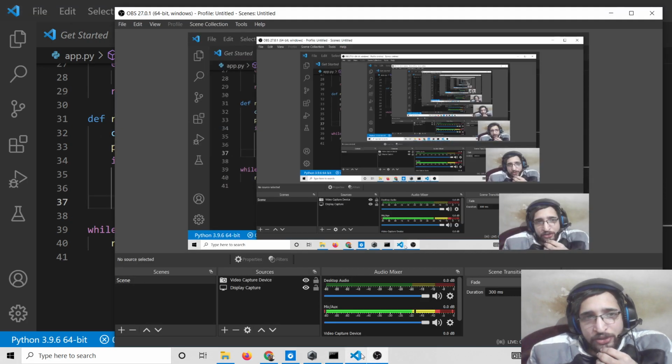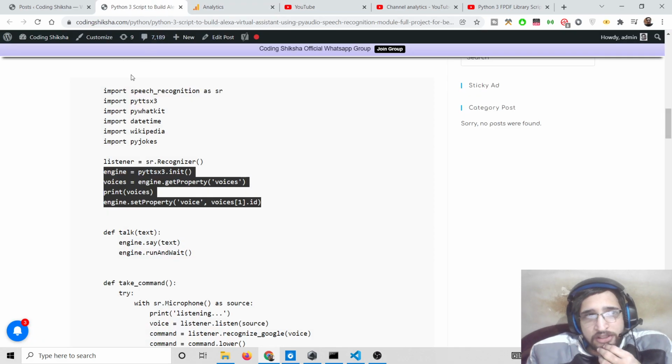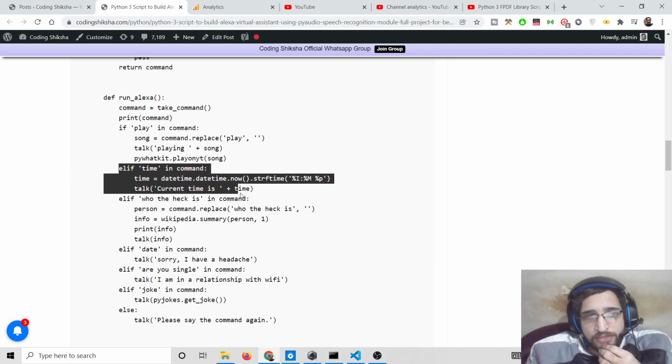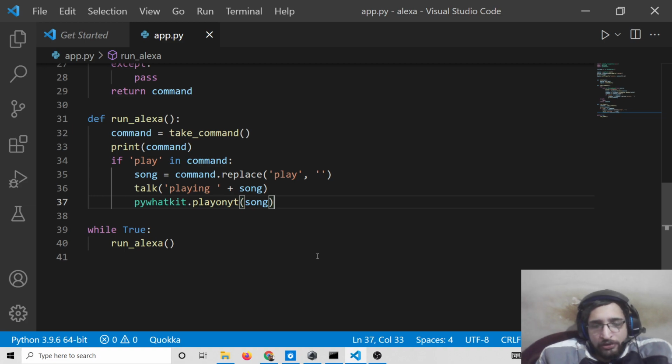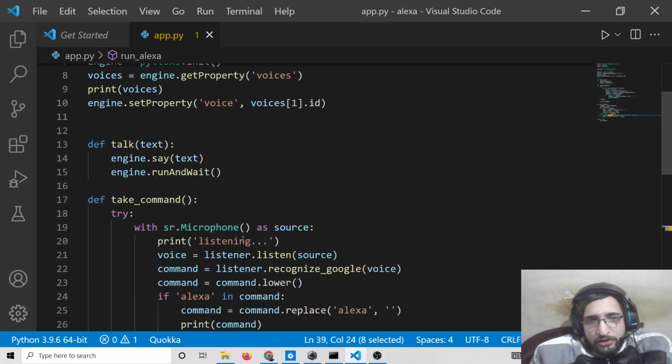Now the second scenario is very simple. If you want to get the current date, it is very simple. There is a second scenario here, which is else if time is present here. So basically we are defining another condition here inside else if. So if time is present here, we need to